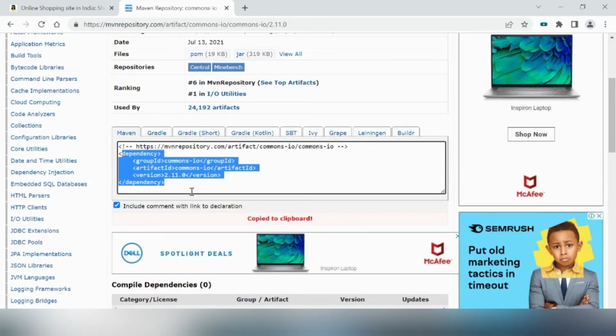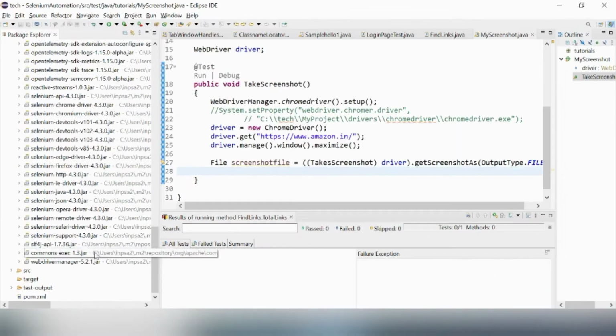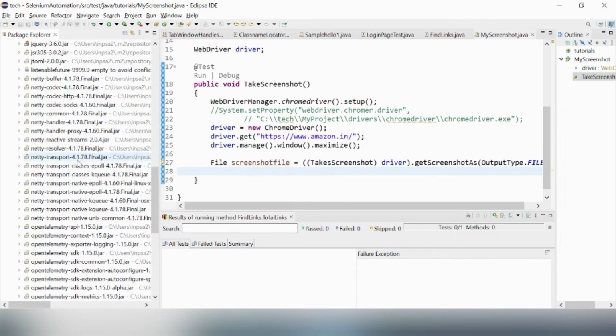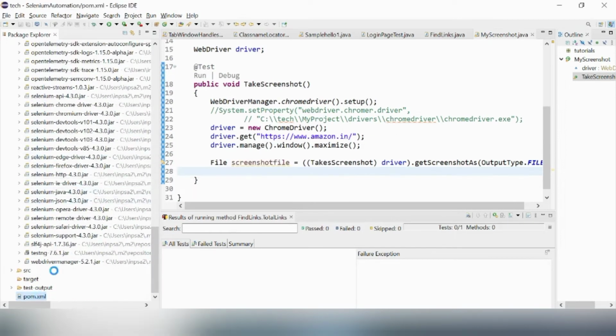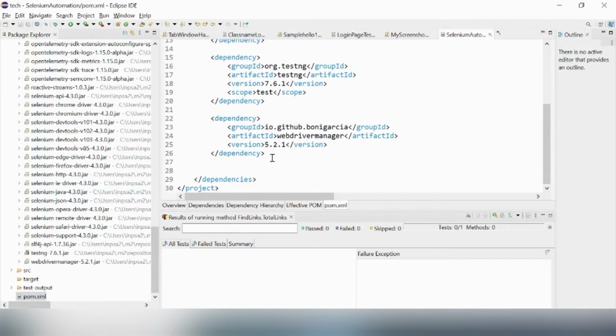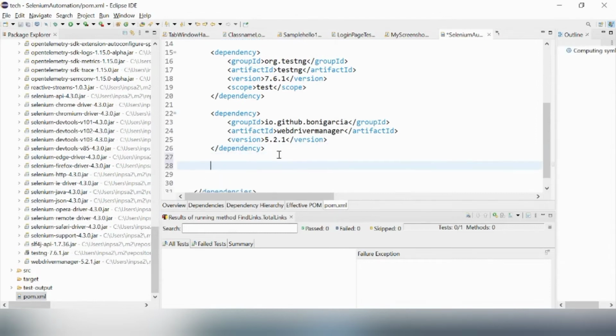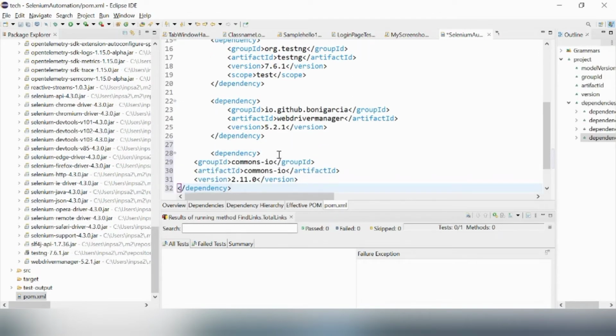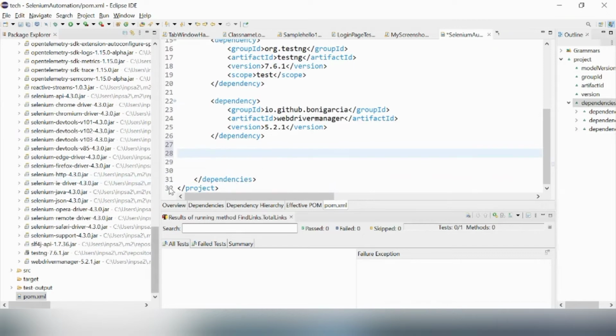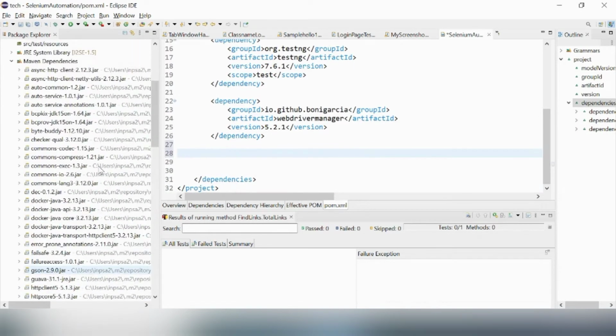You can simply copy, and you can go to the pom.xml file of your Maven project. That will be under your project, and you can simply provide the dependency here. Okay, like that, and you can press Ctrl+S to save, and it will start downloading the commons-io from Apache. Okay, so since in my case it is already downloaded, as you can see, I don't have to save it